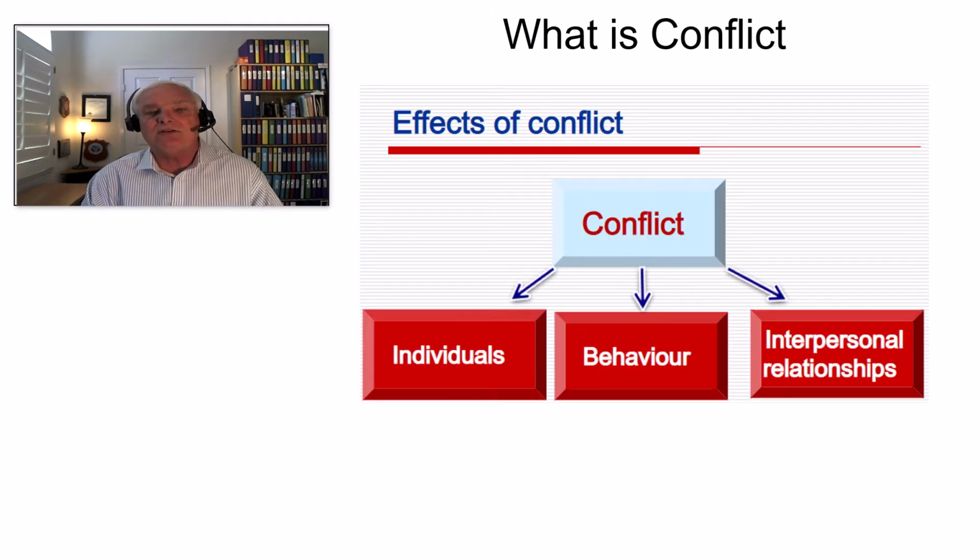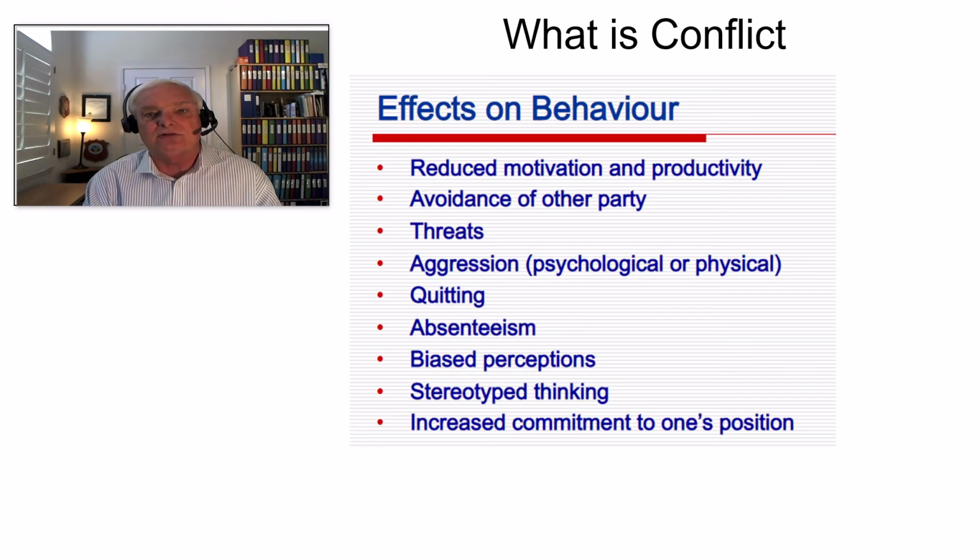And the effects of conflict are broken down into 3 different areas. One is they basically impact individuals. That would be you, that would be the people that you're leading or managing within your high-tech organization. Those are specific individuals. It also affects the behavior of the people, the behavior of the organization, and it impacts interpersonal relationships, how people interact with each other based on their relationships.